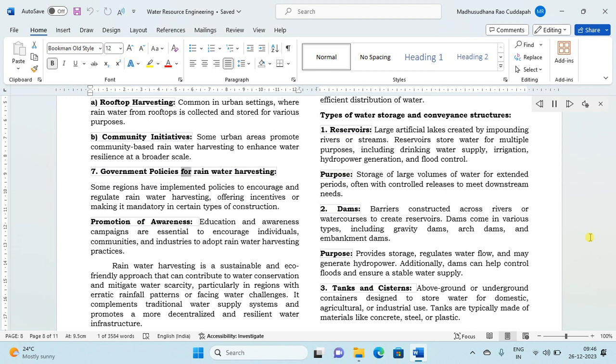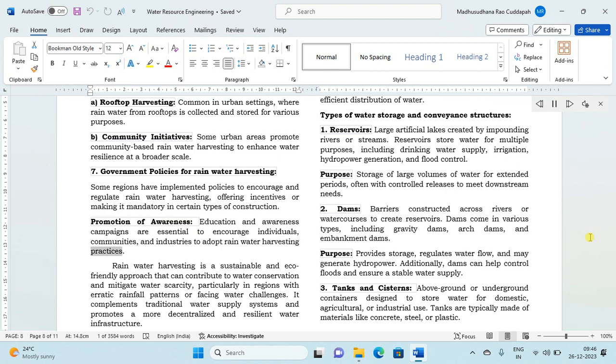7. Government policies for rainwater harvesting. Some regions have implemented policies to encourage and regulate rainwater harvesting, offering incentives or making it mandatory in certain types of construction. Promotion of awareness: education and awareness campaigns are essential to encourage individuals, communities, and industries to adopt rainwater